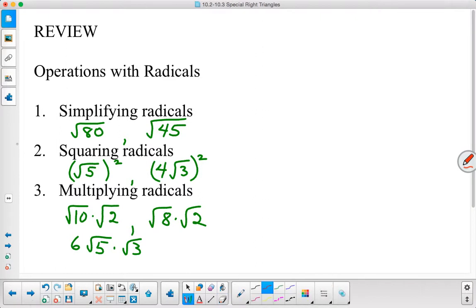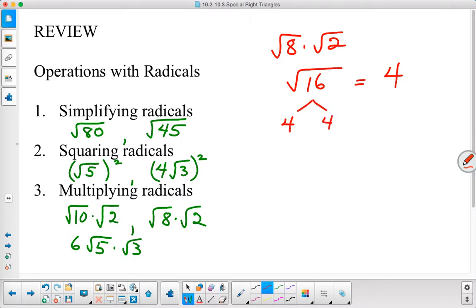Next example, square root of 8 times the square root of 2. Multiplying those square roots together, 8 times 2 is 16. Now if you recognize the square root of 16 as a perfect square, 4, you're done. Next problem. Now if you didn't see that,